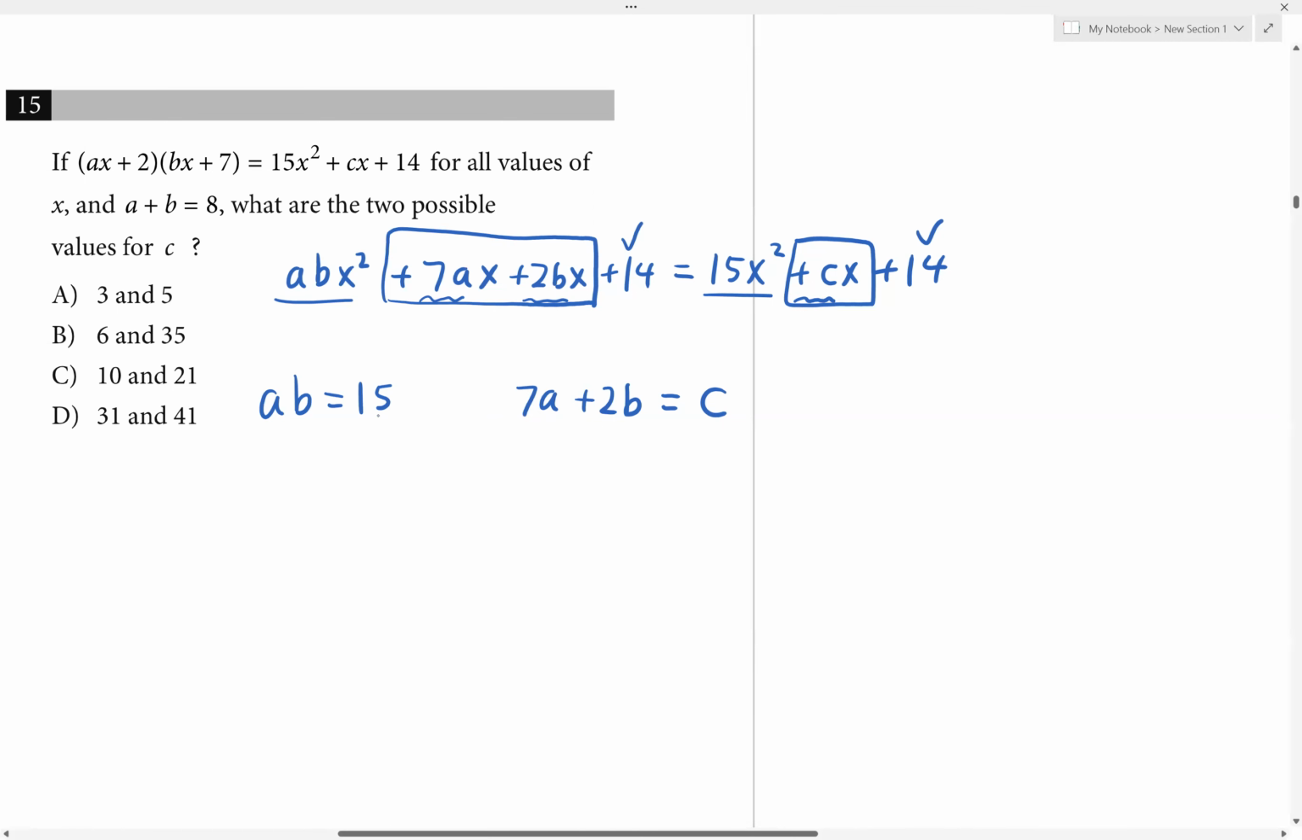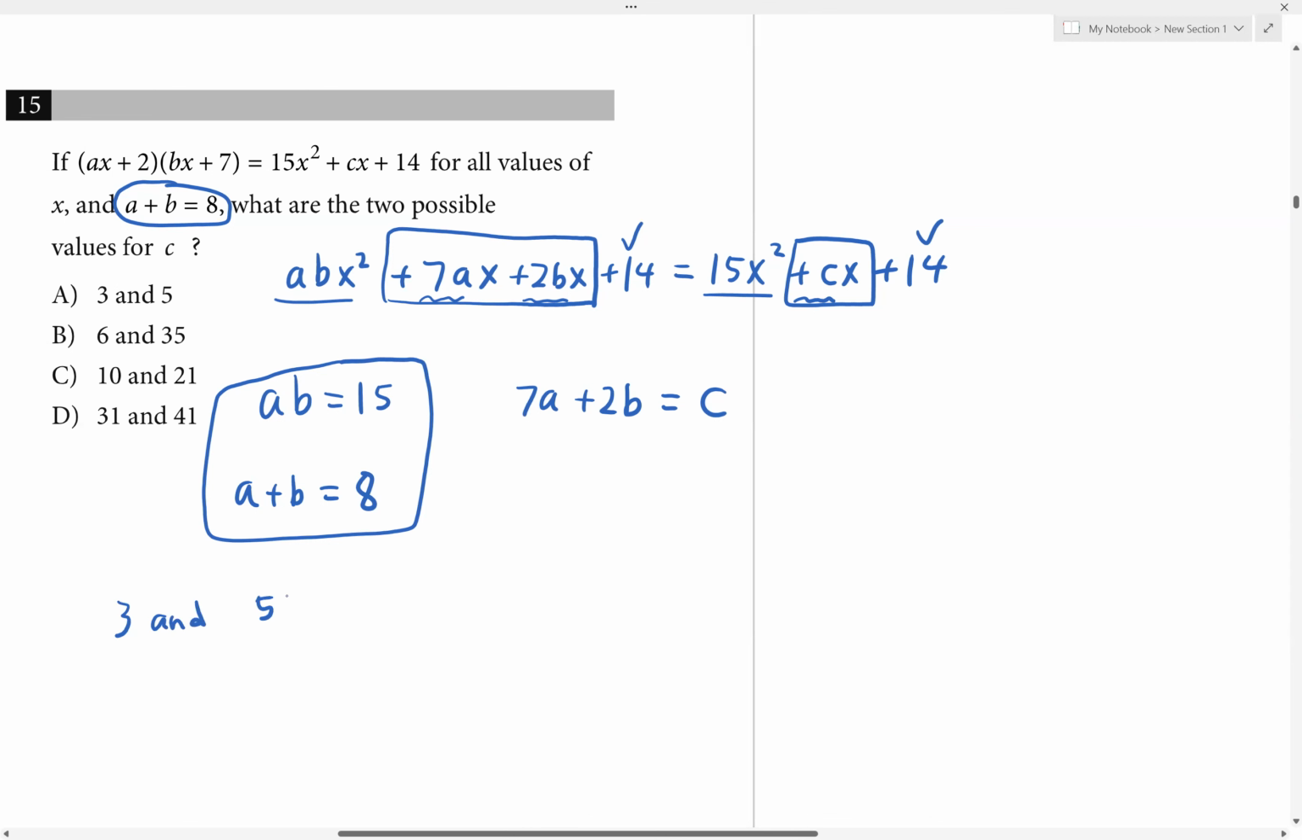So we know a times b is 15, and we also know from the original question, a plus b equals 8. That's another clue. Okay, so based on these two equations, we know a times b has to be 15, a plus b has to be 8. Can you think of two numbers that multiply to be 15 and add together to be 8? Well, we can do 3 and 5. Right? 3 and 5. That will work. 3 times 5 is 15, 3 plus 5 is 8. Right? So if a is 3 and b is 5,